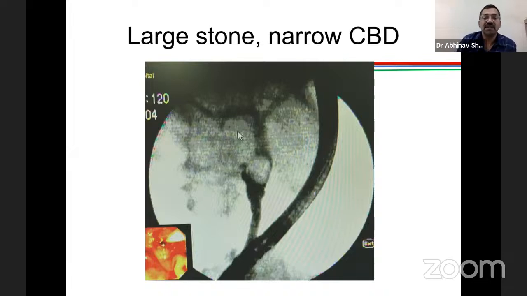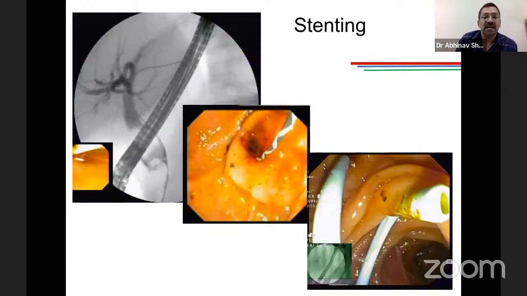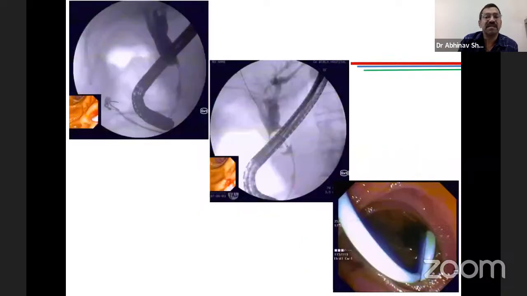See this cholangiogram, stone is quite big and lower CBD is absolutely narrow. So this stone cannot be removed without any additional procedures. Sometimes, if such a situation arises, we may just put in a stent and we come out, because after putting in a stent and going on a subsequent occasion after 4 weeks, due to constant friction of a stent, stone becomes softer, and sometimes it may get fragmented. And second time ERCP, we might remove it very easily.